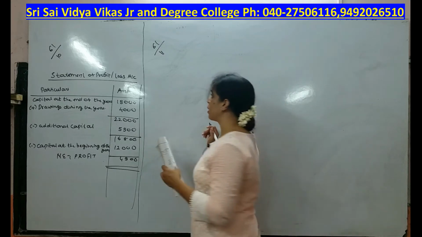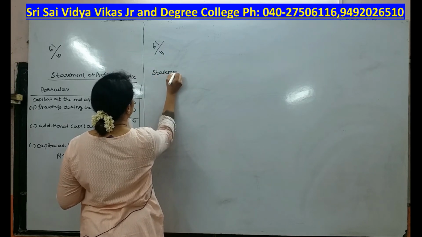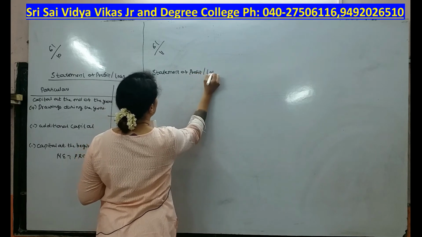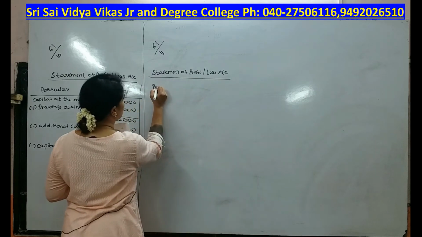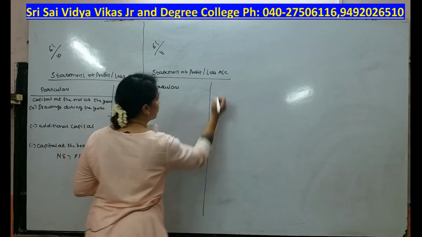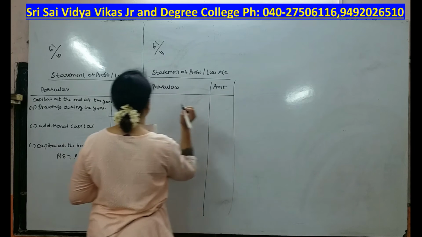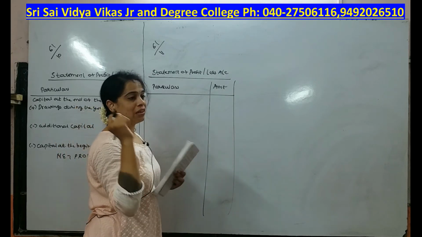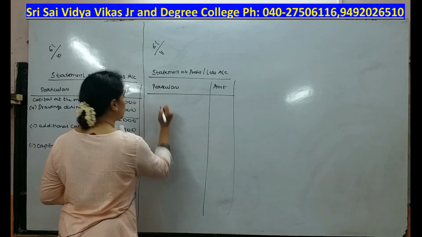Find out the profit. Again, first I will write here the statement of profit or loss account. Let's draw the format. Make a habit that whatever you are writing, read and write, so that you say and write more correctly, and you will be able to remember the formula well. There is no scope for committing mistakes. If you make even one silly mistake, the entire sum will go wrong. So you need to be thorough with the formula.